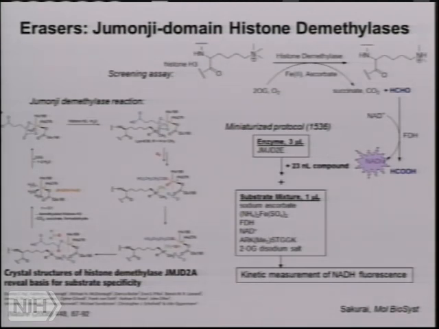To generate the screening assay, we coupled the formaldehyde produced at this step with a formaldehyde dehydrogenase enzyme, and we monitored in kinetic mode the generation of NADH product, which is fluorescent itself, in high throughput mode. Lots of optimization work to get this assay up and running in this highly miniaturized format of a total of 4 microliter volume. We had to do a lot of optimization to figure out what can be combined as a reagent source.